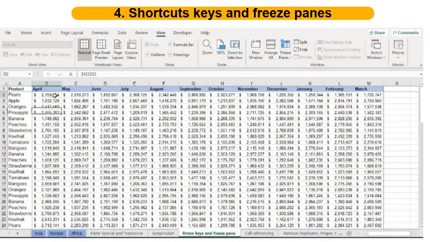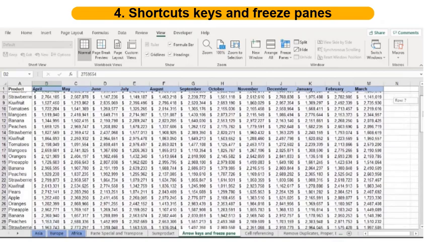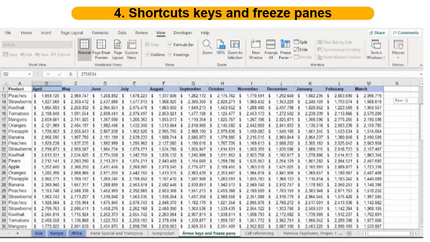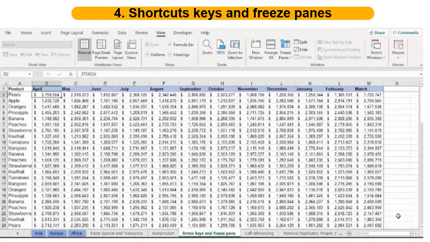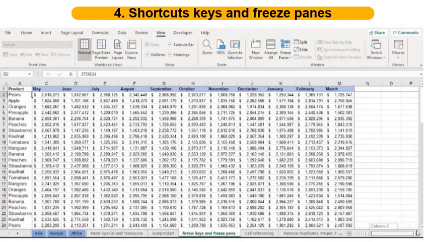What happens is, the row above this particular cell you selected and the column to the left of the particular cell you selected will be frozen. So now when you navigate down, you can still see the column headings, and when you navigate to your right, you can still see the row headings.